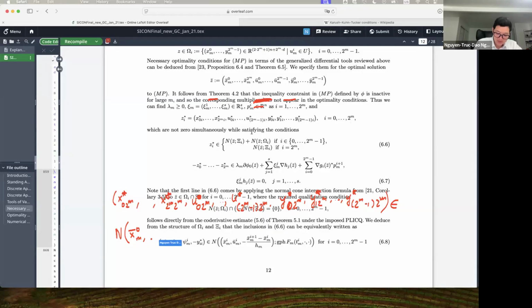I'm gonna write Z bar: X bar 2m 2m, U bar 0 2m, U bar 2m minus 1 2m, Y 0 2m, Y 2m minus 1 2m. So this is Z bar